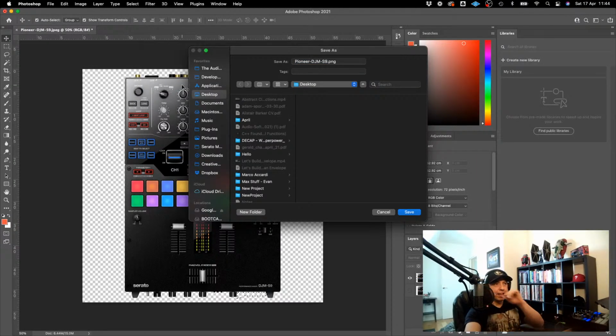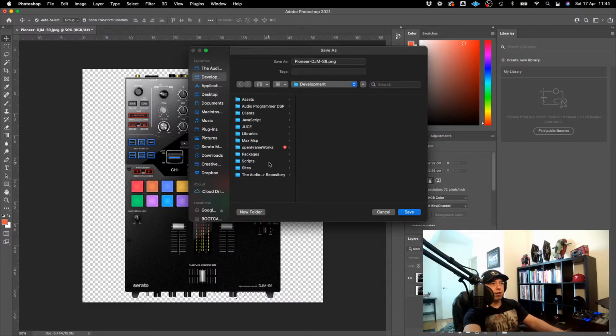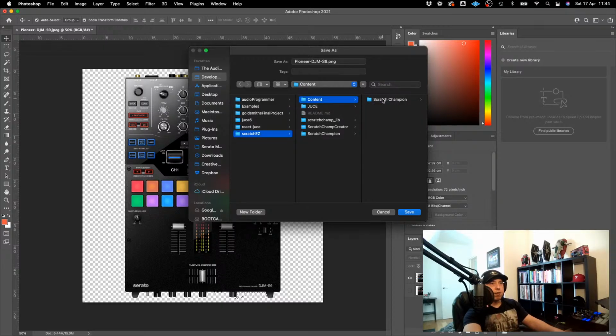I'm gonna try something actually. Let me see if this is actually gonna work. So I'm gonna go into my actual project. So here we are in Scratch Easy. Now what I'm gonna try is to just replace the smaller picture with this bigger picture, name it the same thing and just replace it. And then fingers crossed it would actually just replace the actual